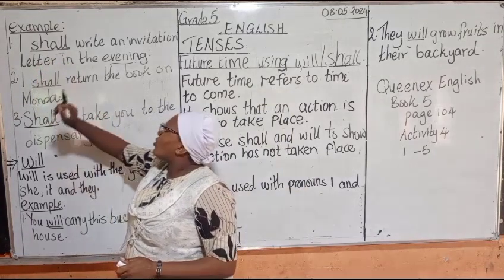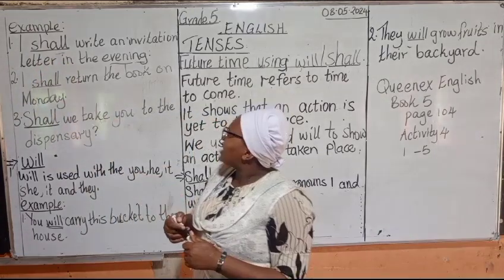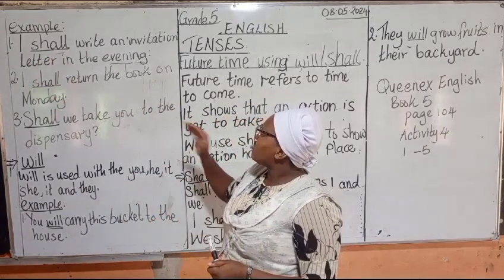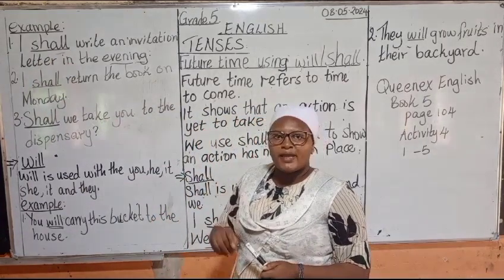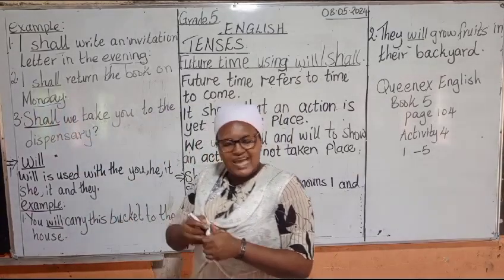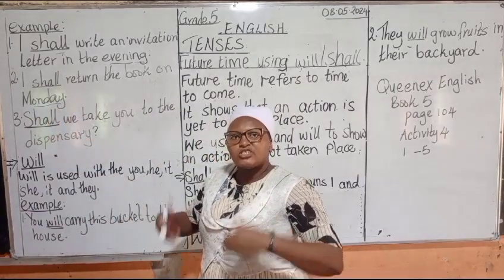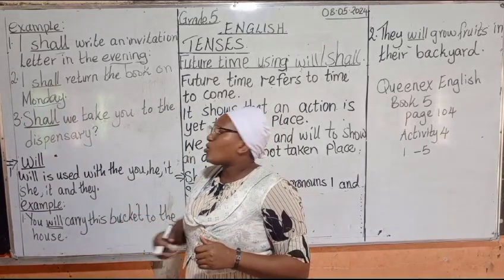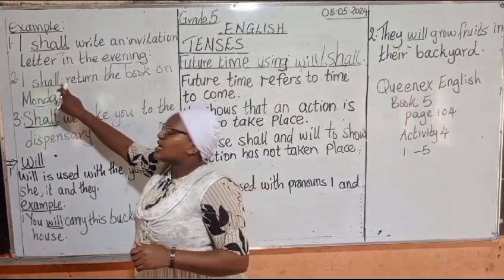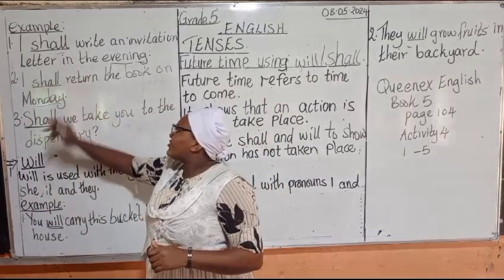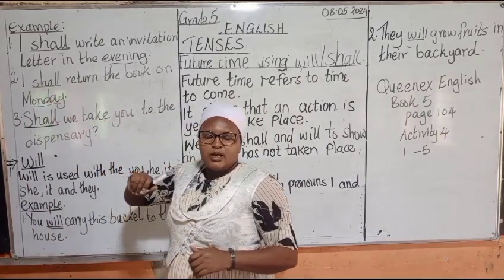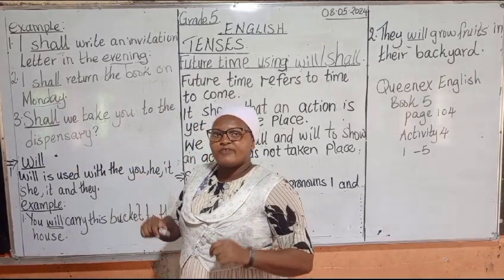Number 2, I shall return the book on Monday. Monday is yet, it's time that has not come. We are not yet into Monday. So what will happen? When Monday comes, I'll return the book. So the helping verb that we've used here is shall. And why am I saying it's a helping verb? Because